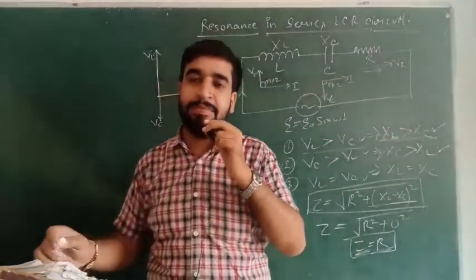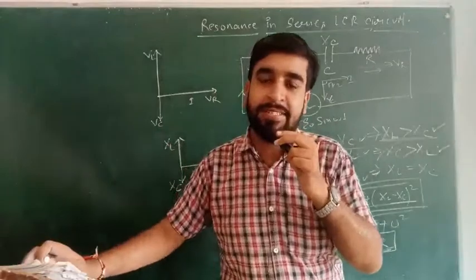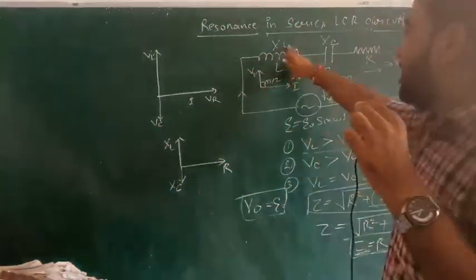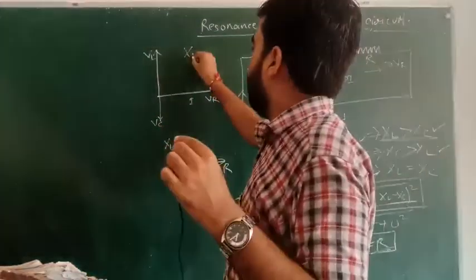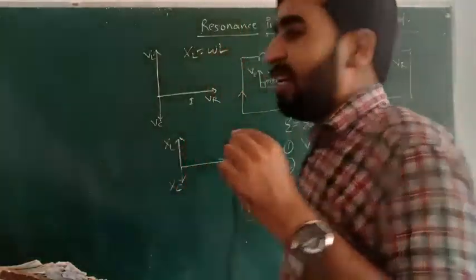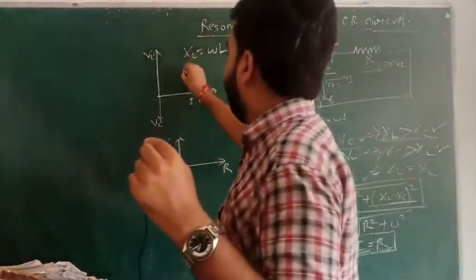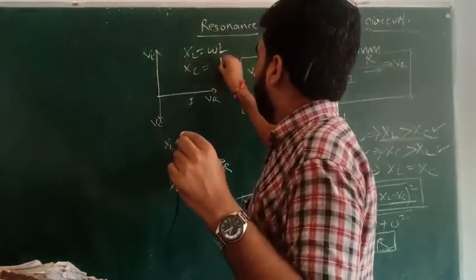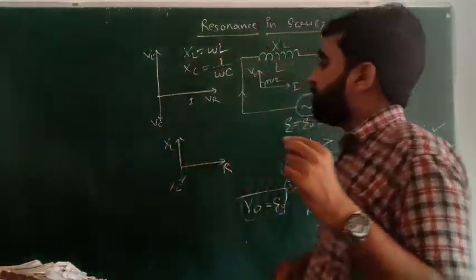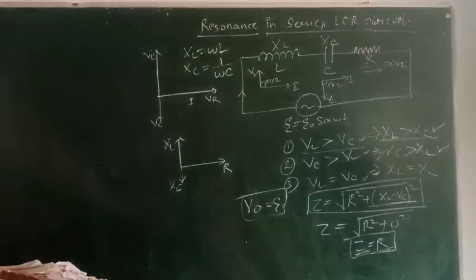Forgotten? Haven't revised? XL is equal to omega L, a function of omega, a function of frequency. XC is equal to 1 upon omega C. So obviously these are functions of